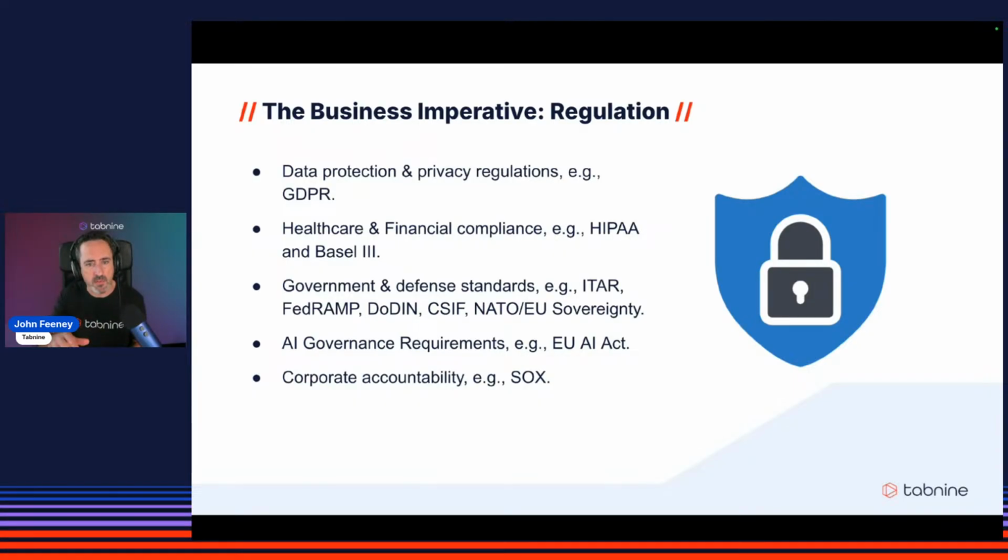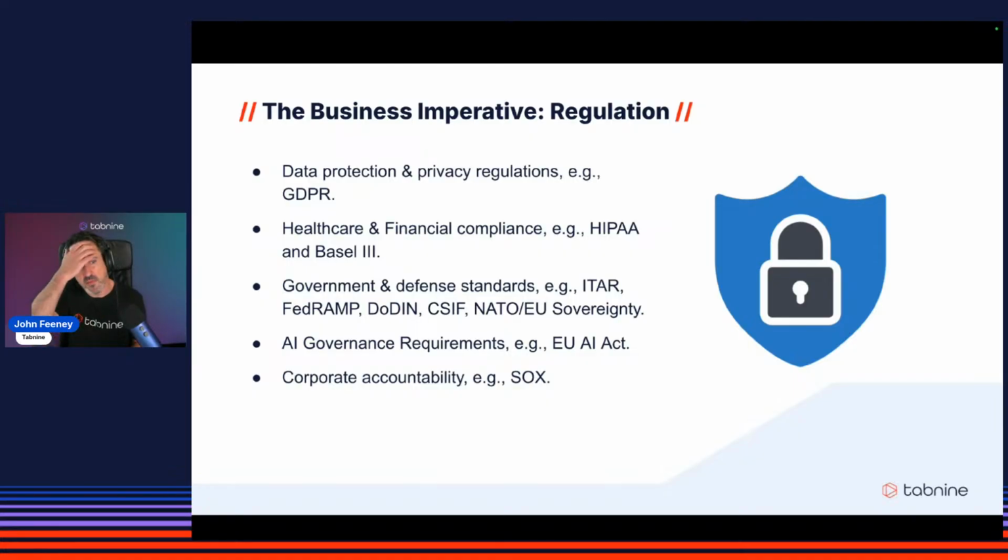So moving on then to healthcare and finance, you've got HIPAA, which requires that every access is logged and every transmission is encrypted. And importantly as well, if there are any breaches, they need to be detected immediately and reported immediately. So when you're sending protected health information to a cloud AI service, you're creating numerous potential breach points and also expanding your risk surface greatly. On the financial services side, Basel III dictates operational risk control and system resilience. And again, this is kind of difficult when your AI runs externally.